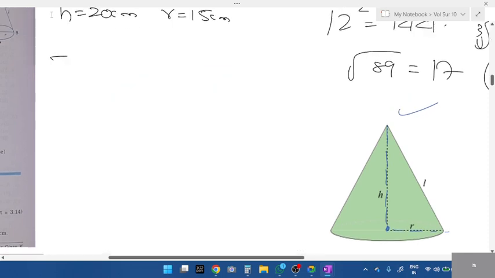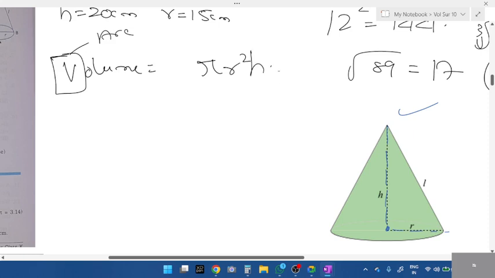Okay, now next is volume. They've asked volume. First, tell me what's the volume of cylinder? When volume is given, what do you compare with, circumference or area? You need to compare with area. What is area formula? Pi r square. For cylinder, h. Pi r square h. Right? What about cone? What did I tell you? Cone is just one third of